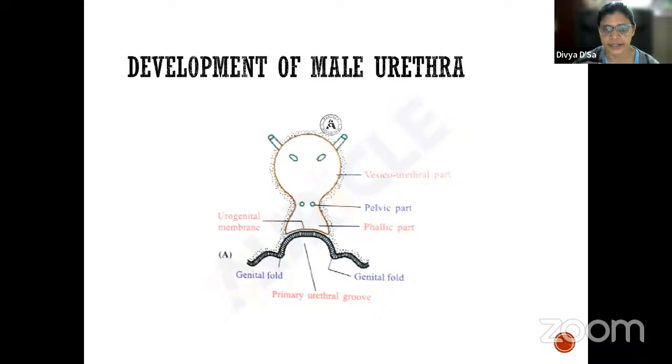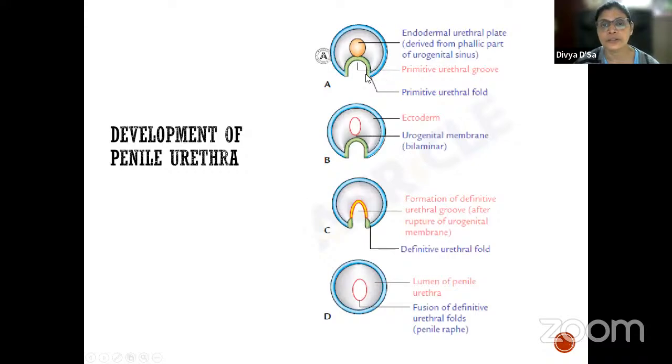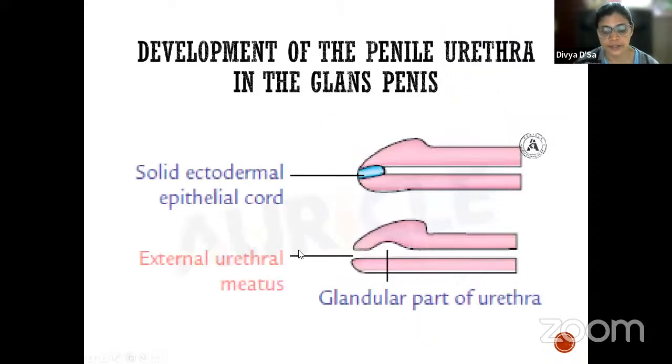It goes hand in hand here. Okay, so here you can see, this is the definitive urethral fold. It will fuse and form the penile urethra. This penile urethra extends up to the base of the glans penis. Now the surface ectoderm, here what happens is the surface ectoderm fuses in the median plane of